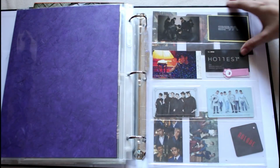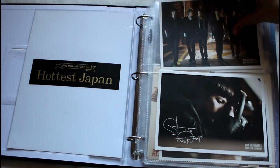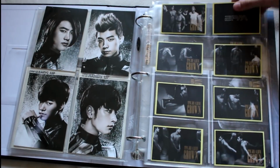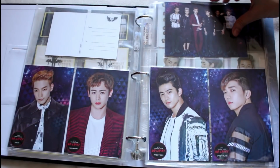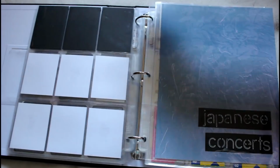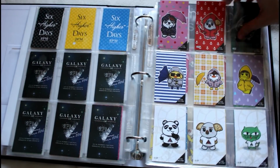And then last, miscellaneous things. This binder just has a lot of their merchandise. So we start with their Korean concert postcards and stickers and whatnot. And then for their Japanese concerts, all their lotto tickets,